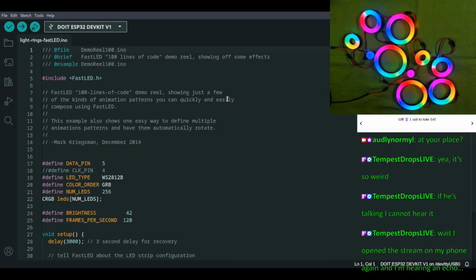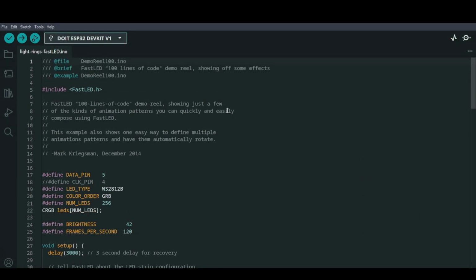Okay, let's check in with Joe. So I'm just copying some of the stuff over from the other sketch folder that wasn't saved when we created the new sketch, and namely the stuff that we use to connect it to Wi-Fi because we don't really want to share that. So I'm doing that in a hidden window over here.